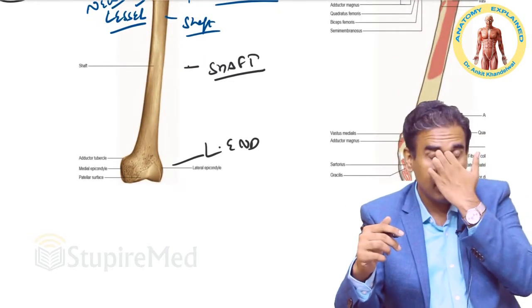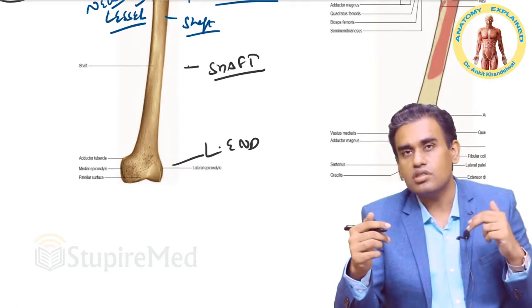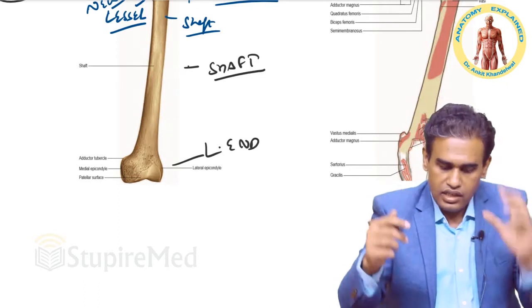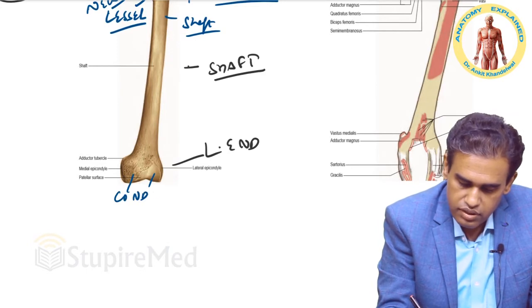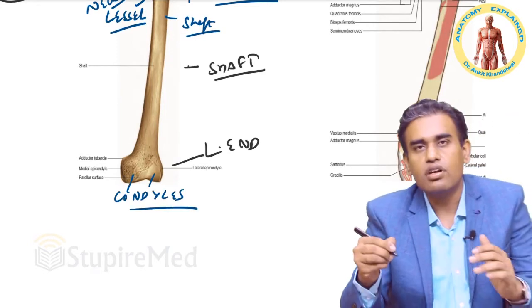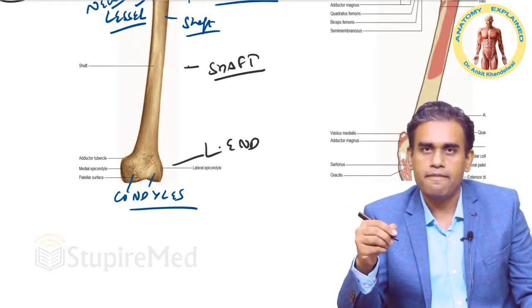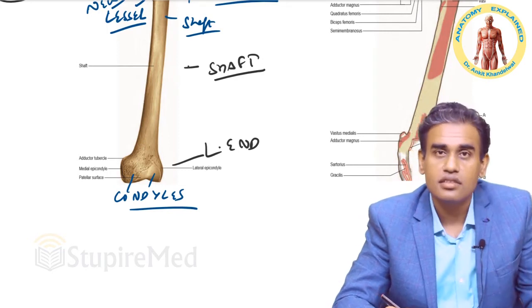Again remember, at the lower end of humerus you have capitulum and trochlea. Why? Because in the forearm you have two bones, in the leg again you have two bones, tibia, fibula. So just imagine from there that you have two bones over here, so you have two condyles. These are your two condyles of femur. Although they both articulate with the tibia only, fibula is very small in size compared to tibia. Clear? So lower end is this, which will give rise to condyles of the femur.